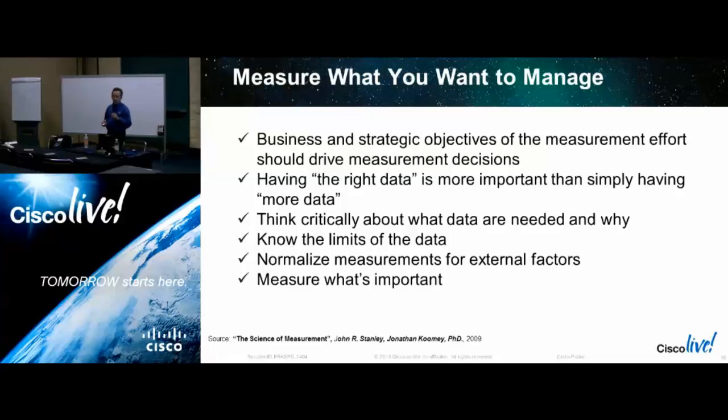And that's really one of his big messages, that you need to measure what you want to manage. But more data is not better. The right data is better. The extensibility of the data is better. The way that you can consume it and scale it is what matters. But only what is important. And who decides what's important?